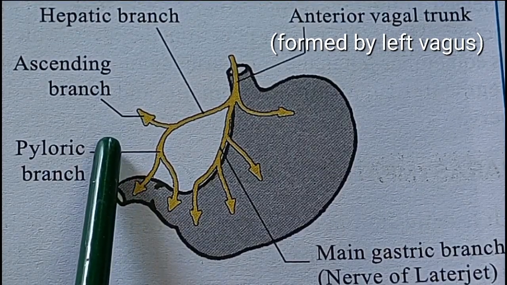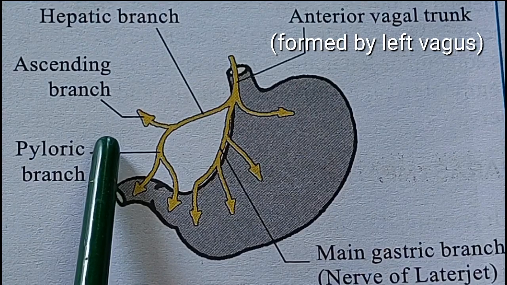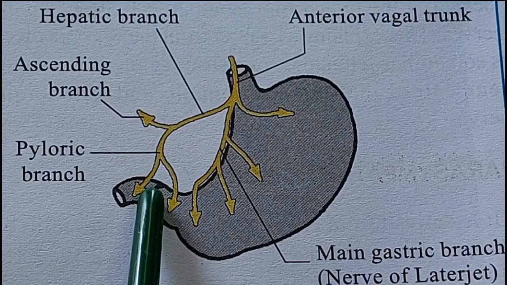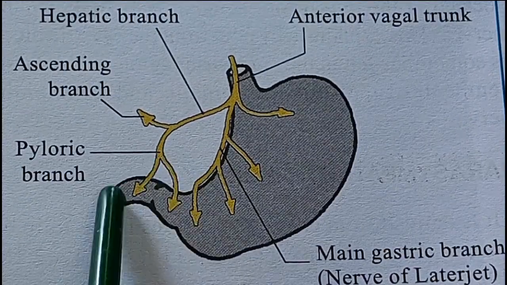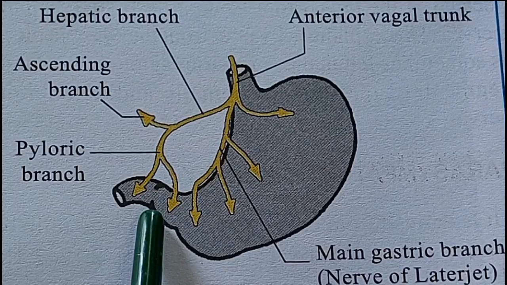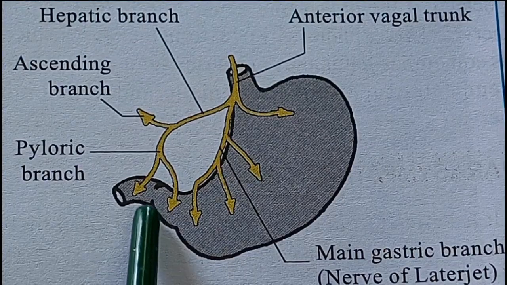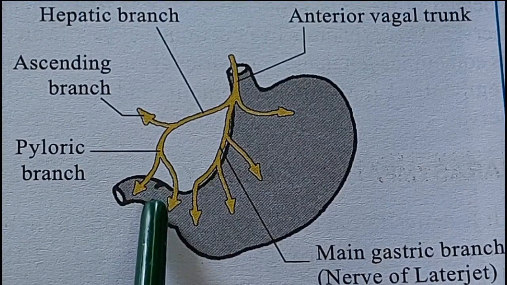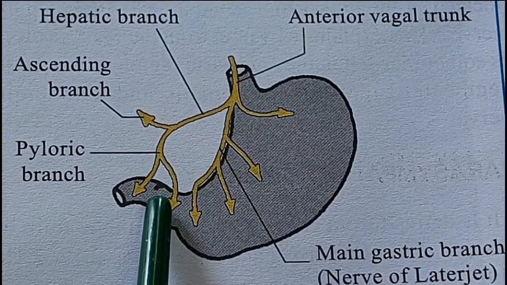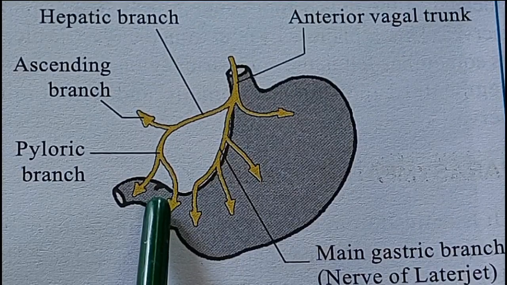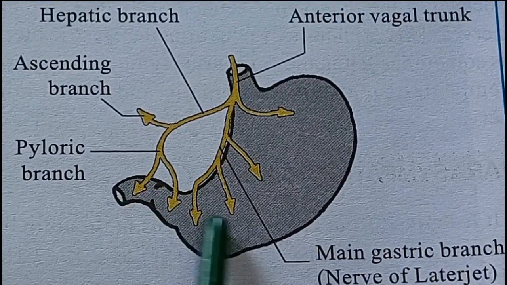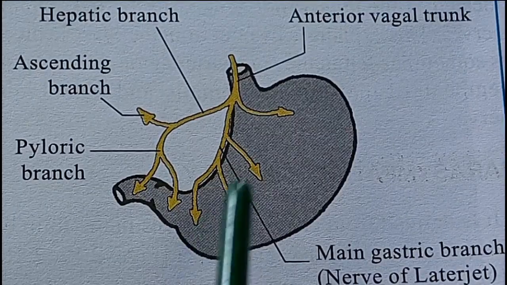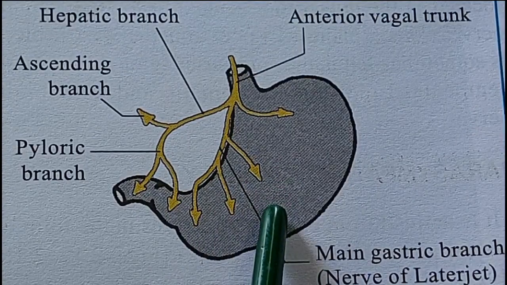The ascending branch supplies the liver, gallbladder and biliary passage, while the descending branch, which is also known as the pyloric branch, subdivides in the form of an inverted Y shape to supply the prepyloric stomach, pyloric sphincter and the duodenum. So, in the operation of selective vagotomy, these branches remain undivided so that motility of the prepyloric part is retained without increasing the acid secretion.